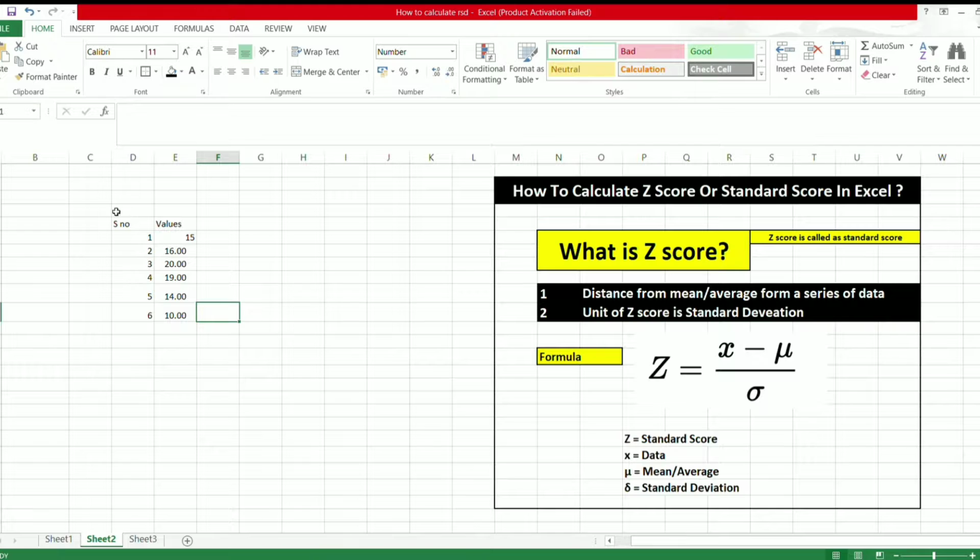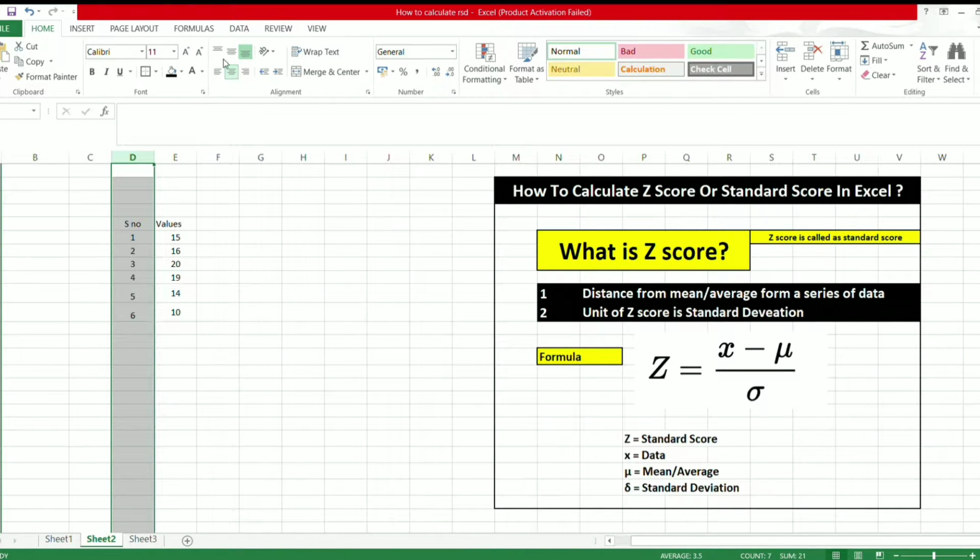So we have these values. I am making it a single decimal to better understand. Now we need to calculate the Z-score of each value.